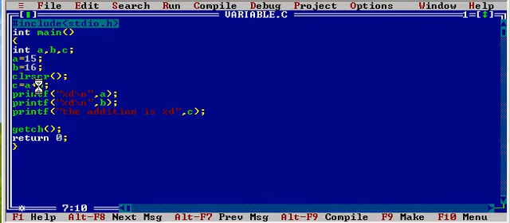Now a is called the first operand, and b is the second operand.